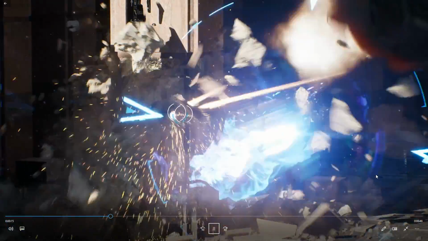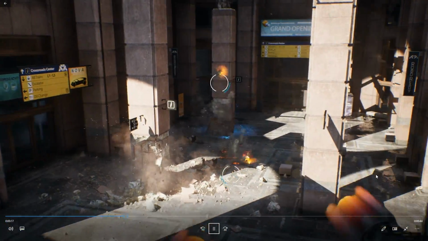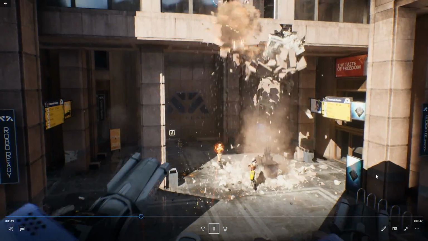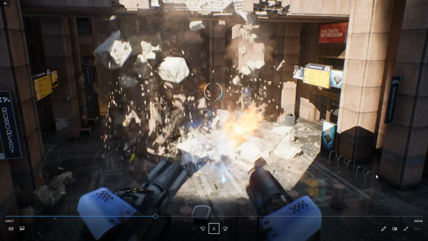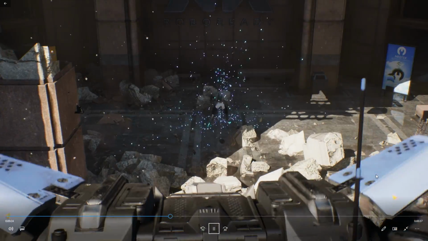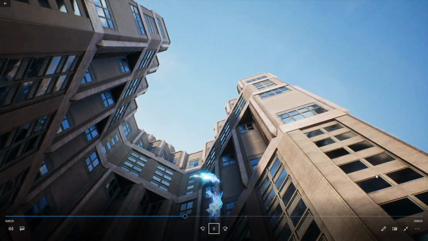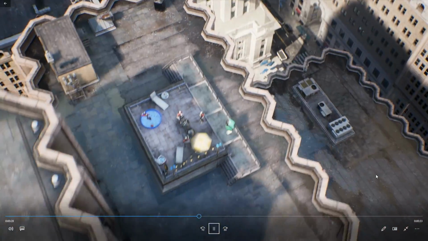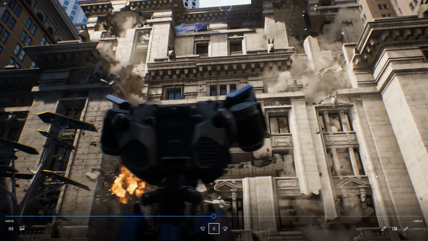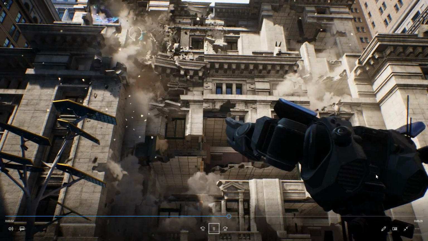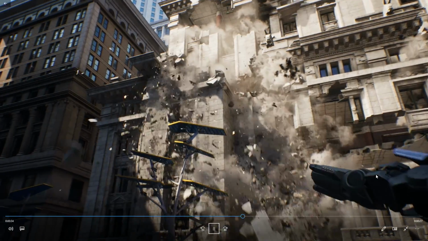So if you see those columns there, we have sort of the rebar inside. So that's like two geometry collections. We've got one interior and one exterior. This is that exact scene from that diagram earlier where we had the walkway on the structure. So the player can take out those lower columns, and because of the connection graph being updated in real time, all of that stuff comes down.